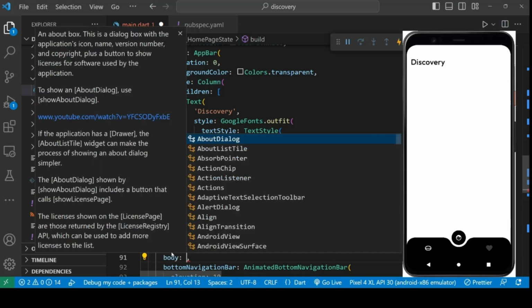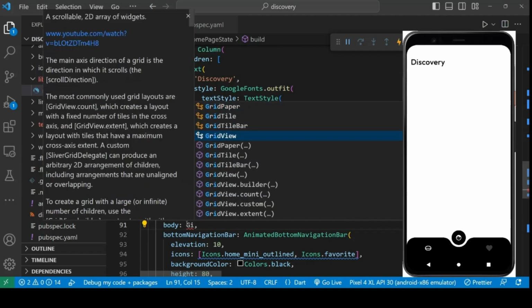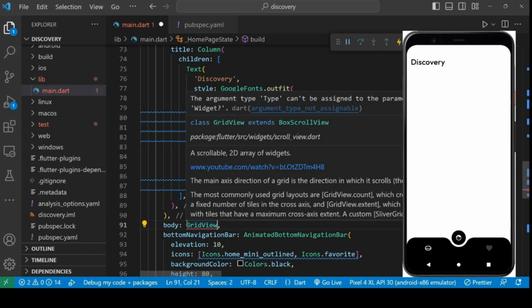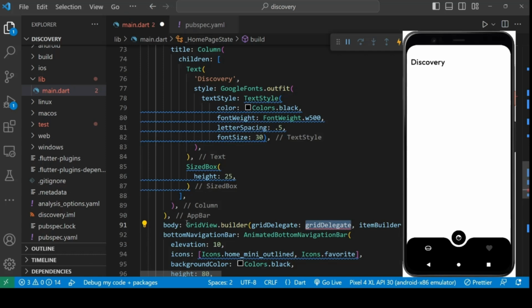Inside body, we have to arrange the selected images into the grid view. So let's call the layout called grid view, which will be a builder, and in which we have to provide the grid,